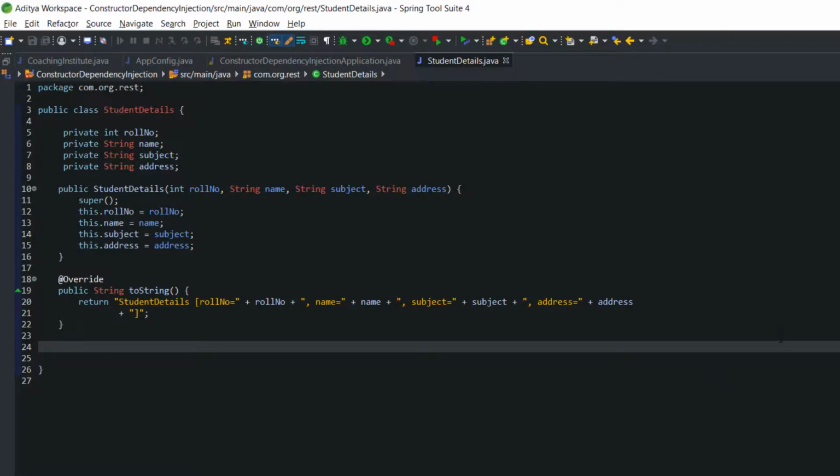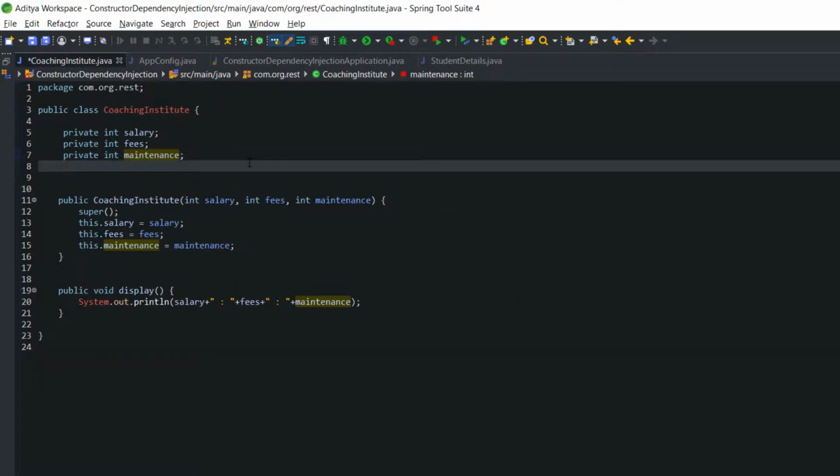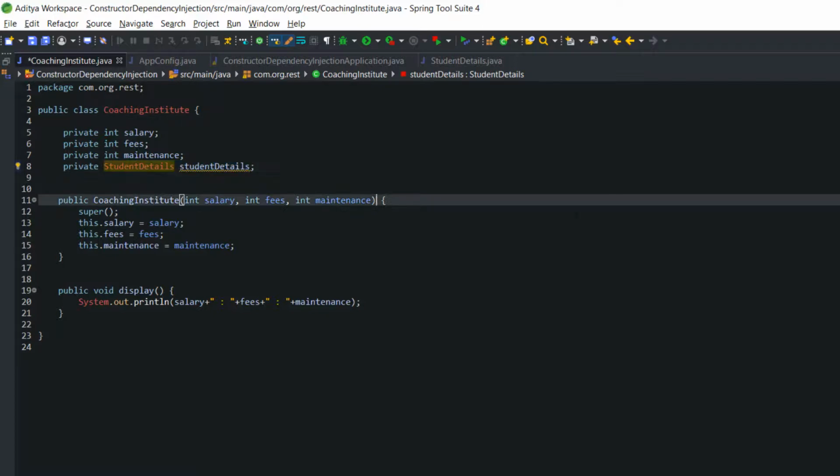Now I'm going to inject this student details into the Coaching Institute. I'm going to write one more variable, and the variable will be private student details, and pass this in the constructor.